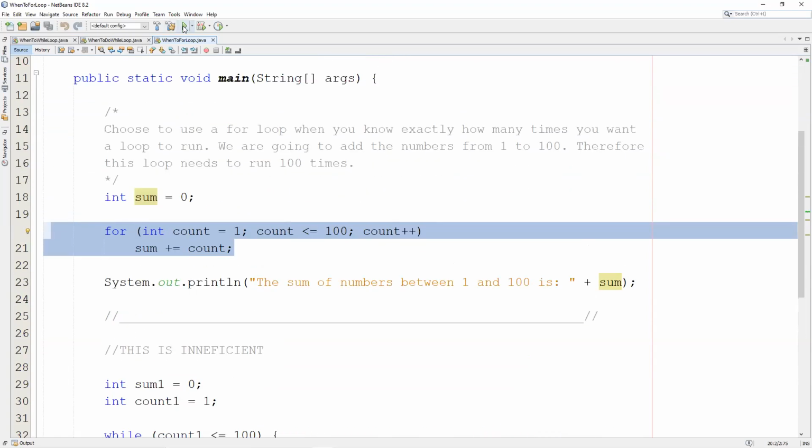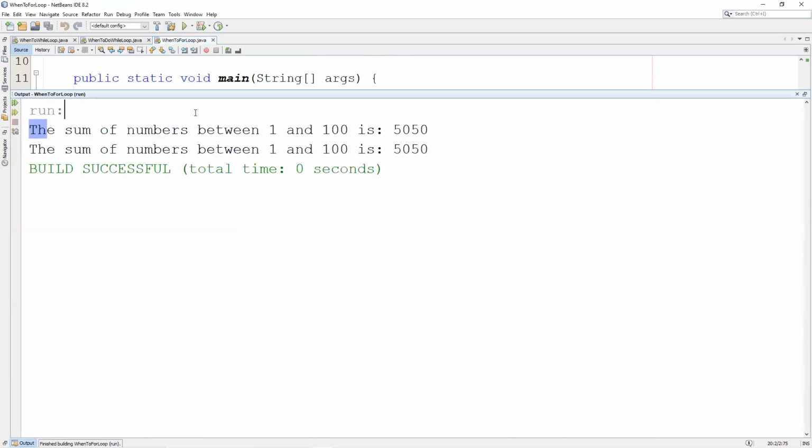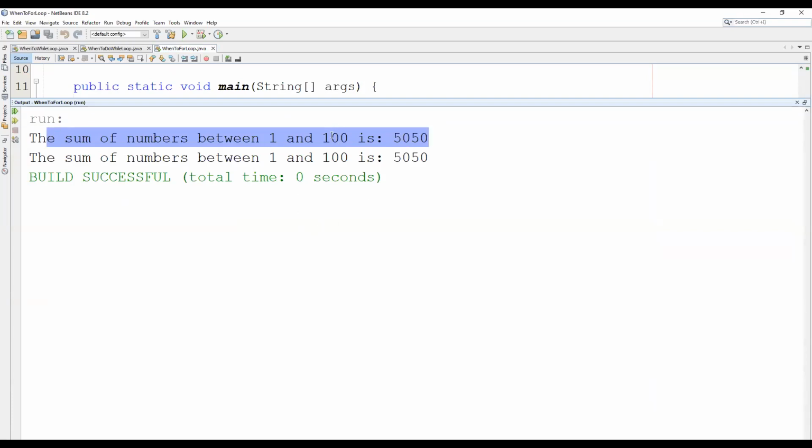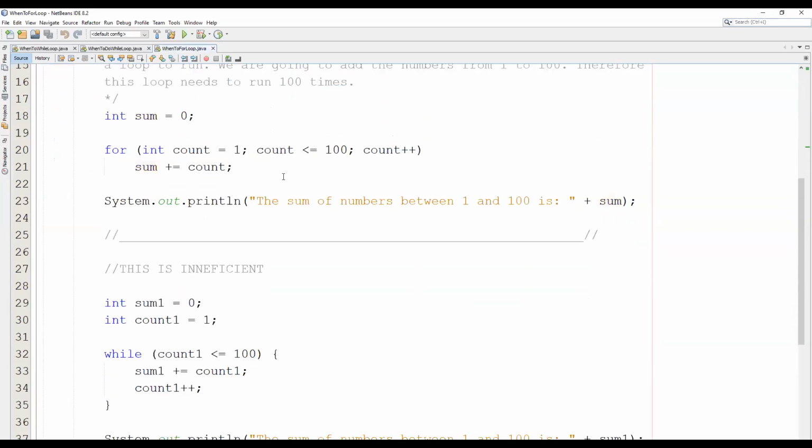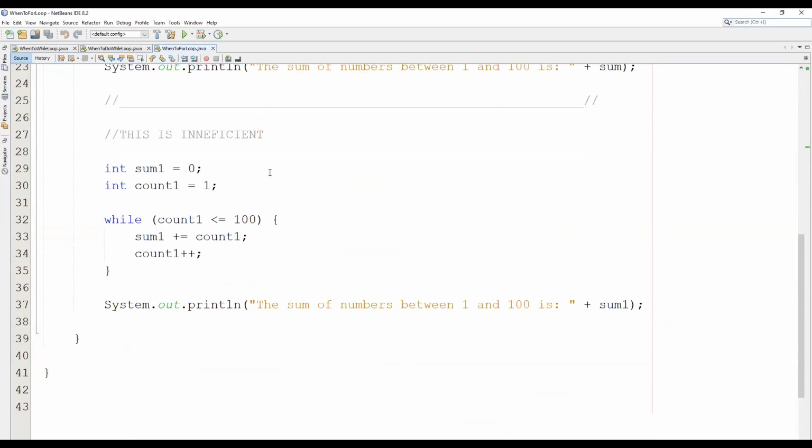Now, let's run that really quick. Okay, the sum of numbers between 1 and 100 is 5,050, which is correct. If you guys know the shortcut, it's just 100 times 101 divided by 2, which is also going to be 5,050. All right, and then I repeat this exact same program down here, but I do it with a while